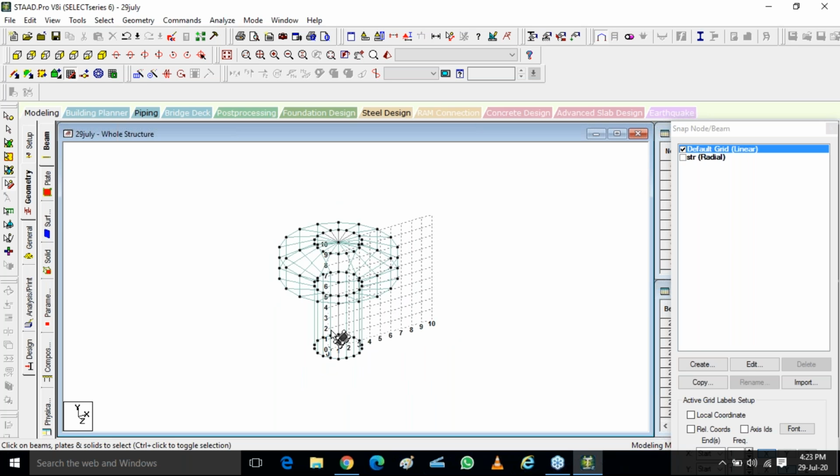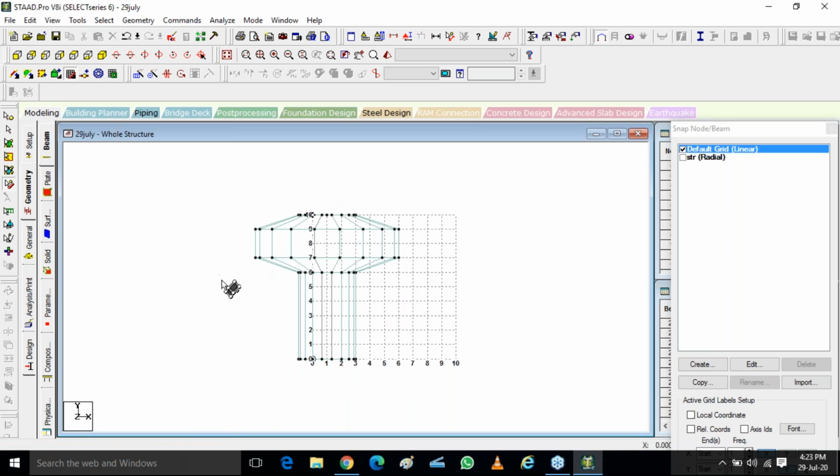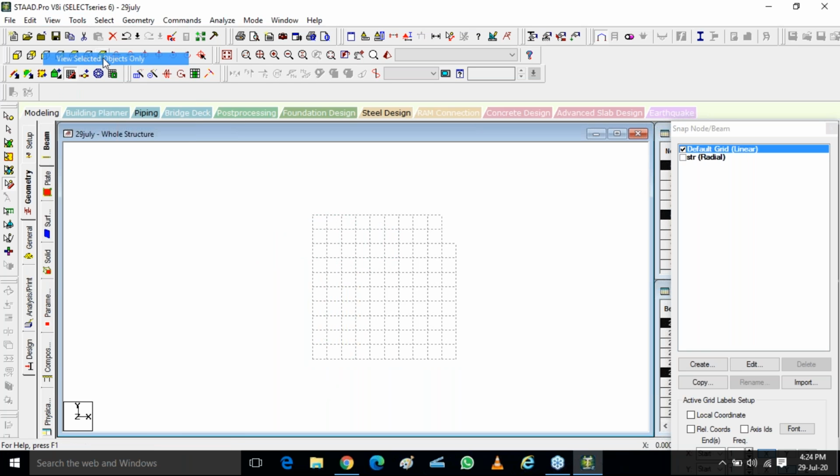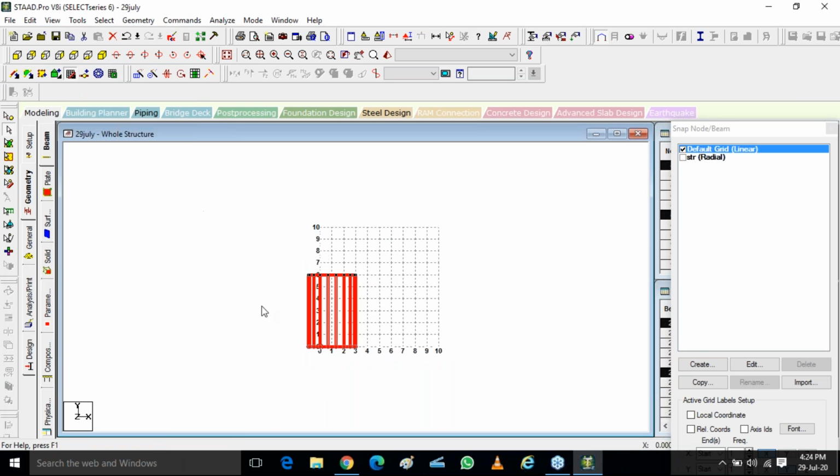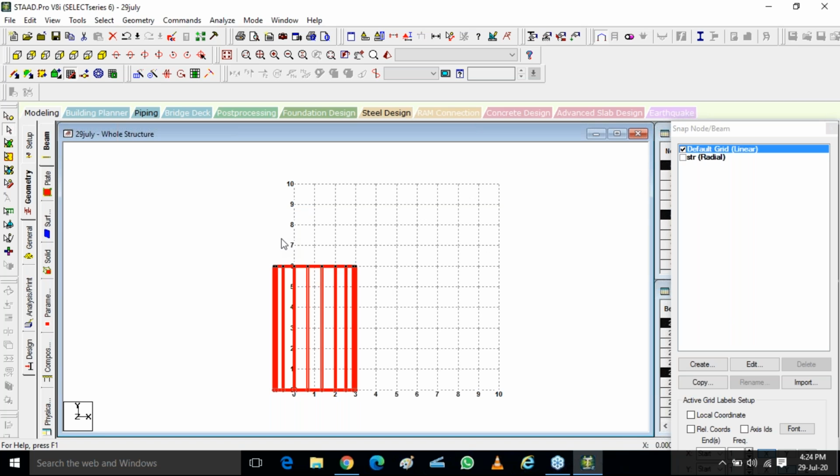Okay, so what I'll do, I just go to my front view. I just want to see these only. Now you have two options. Either you have to create a staircase inside it, or you have to create a staircase outside it. From where do you want to create? Just tell me, anyone, inside or outside. Ashutosh, inside.